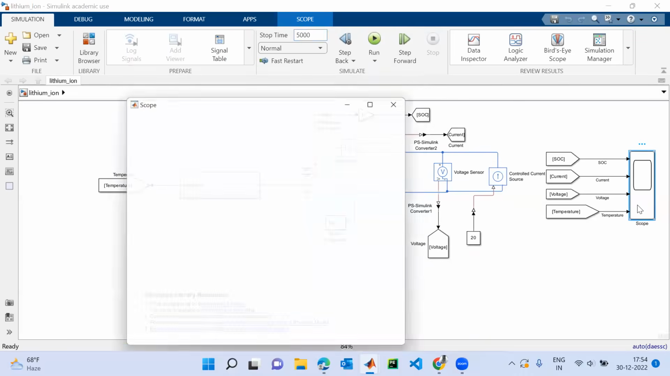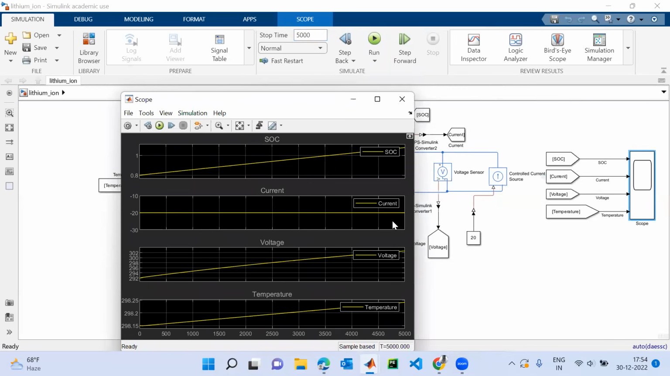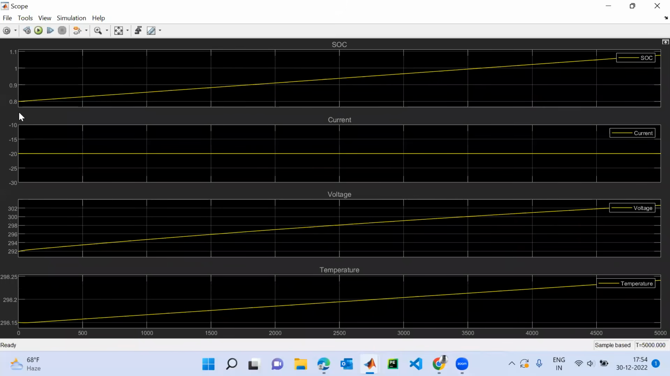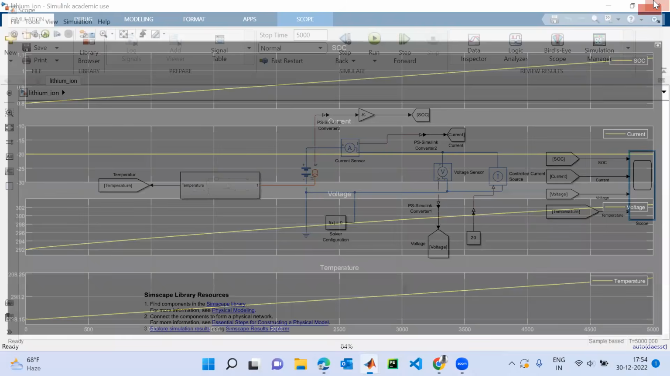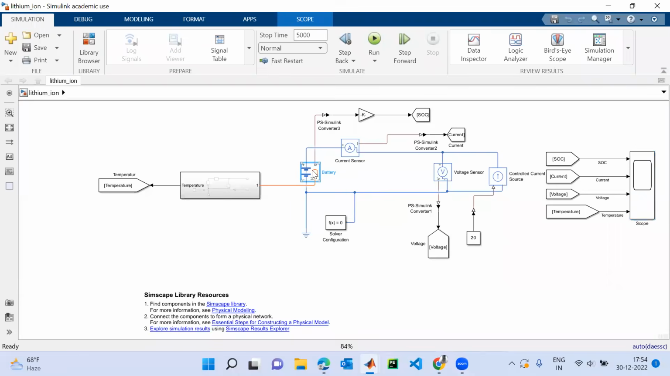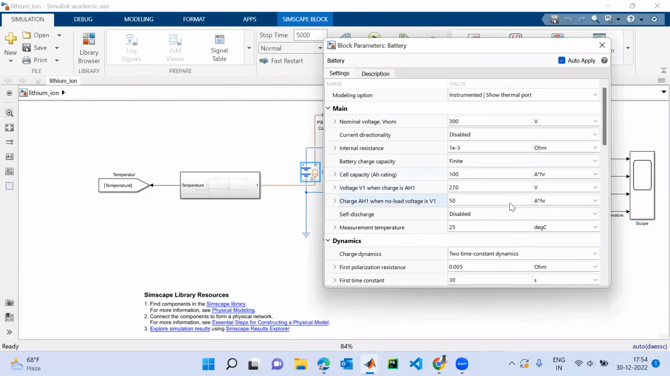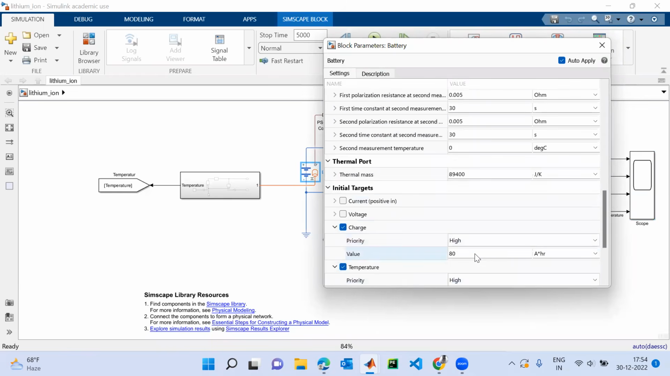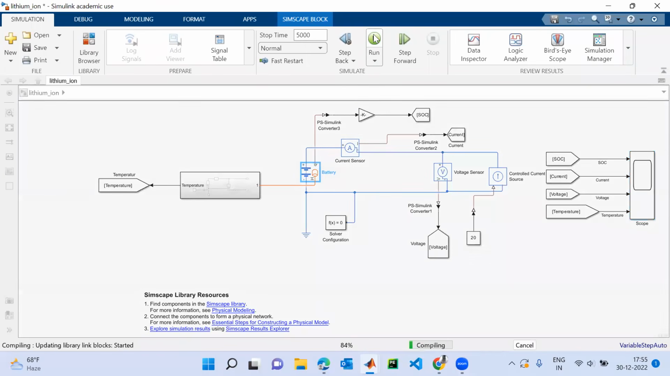If I just open this, okay, now you can see I have just overcharged. Let me do one thing. I can change the initial target value. Let me change it to 50 amp hours. That is 50% charge already. If I run it now,